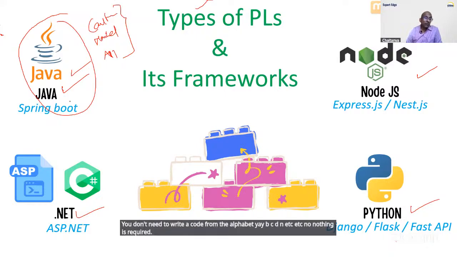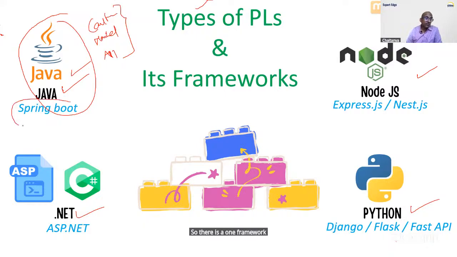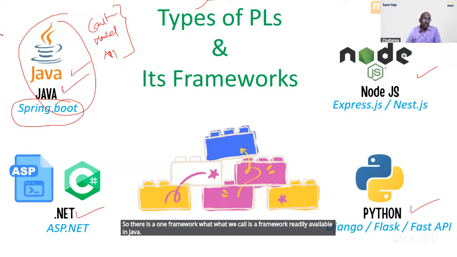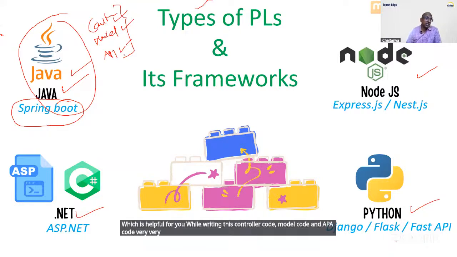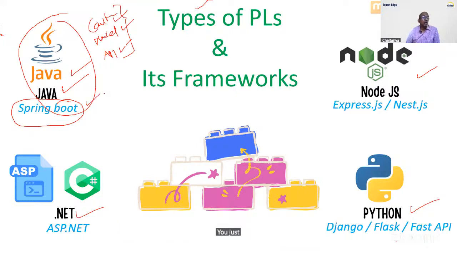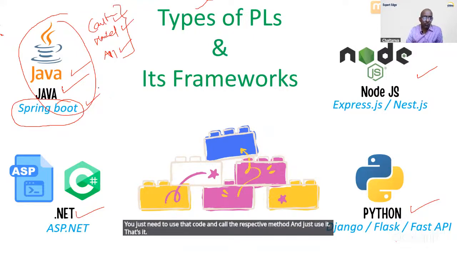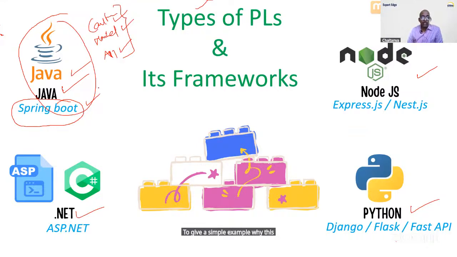There is one framework, what we call a framework, readily available in Java, which helps you write this controller code, model code, and API code very, very fast. Why is it faster? Because almost all the code is readily available here. You just need to use that code, call the respective method, and use it. That's it. To give a simple example of why we need a framework,